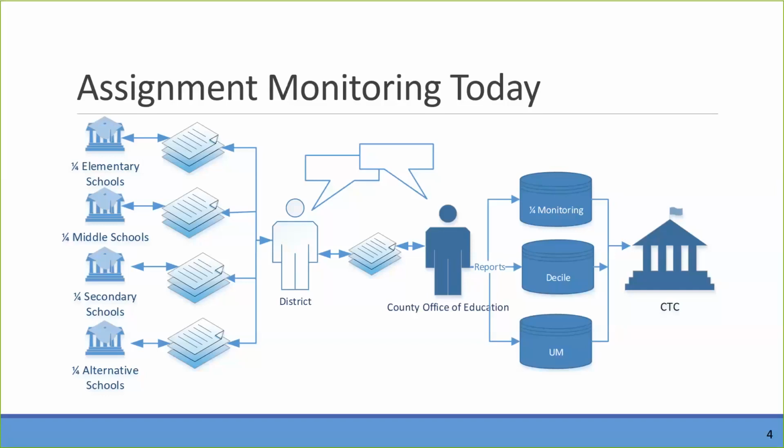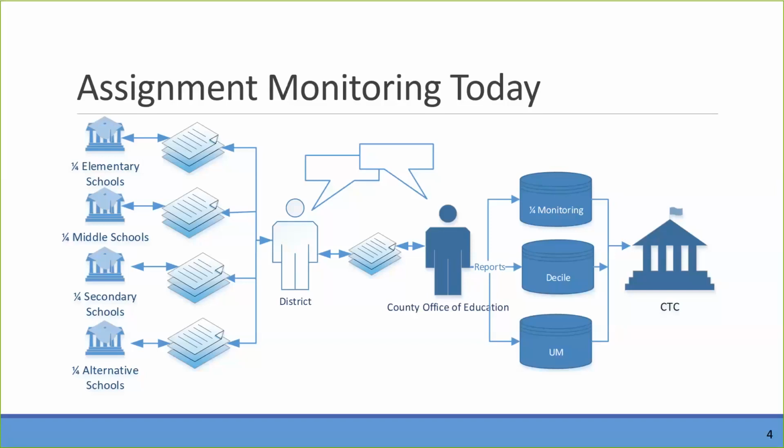So when we first started looking at the decile rankings, it was when the Williams settlement occurred. And so that was back in 2004. Back when the Williams settlement occurred in 2004 and we first started decile monitoring, when I pulled the data and reported that information to the legislature, we were at a rate of about 22% on misassignments for the state in the decile schools. Now we're down to a rate of 3%, so 22% to 3% when we did annual monitoring of those school sites. On the 1/4 monitoring, we're still at about 7 to 8% on misassignment rate. So we're at a higher rate on the 1/4 monitoring, even though it's not the low decile schools.